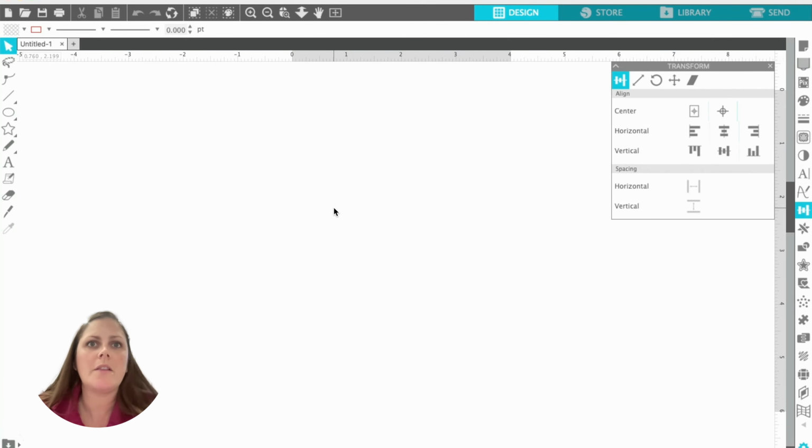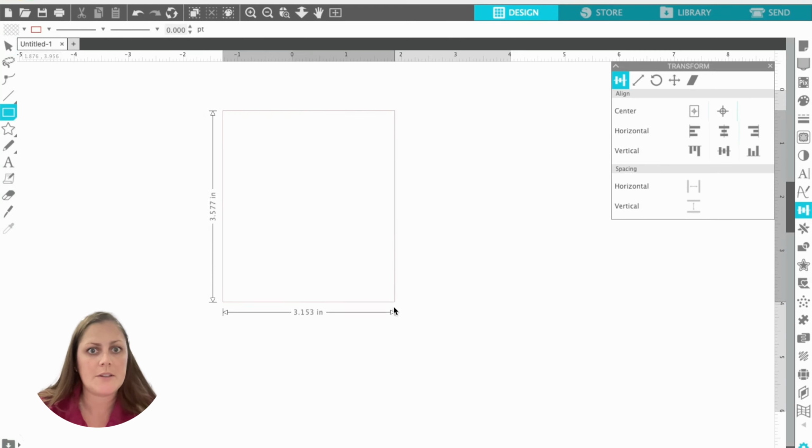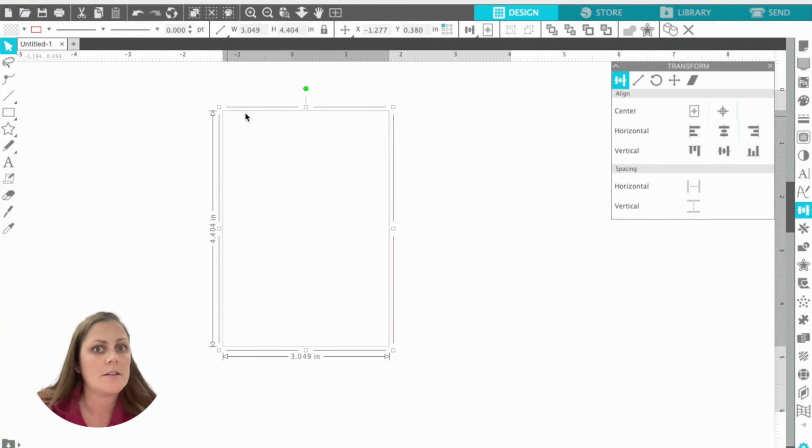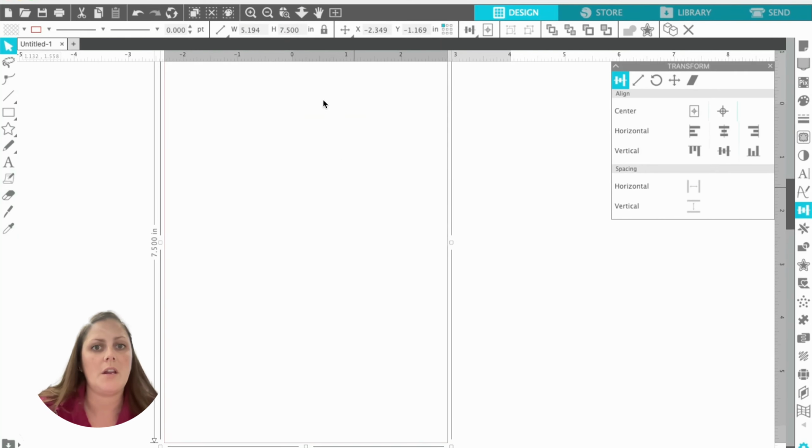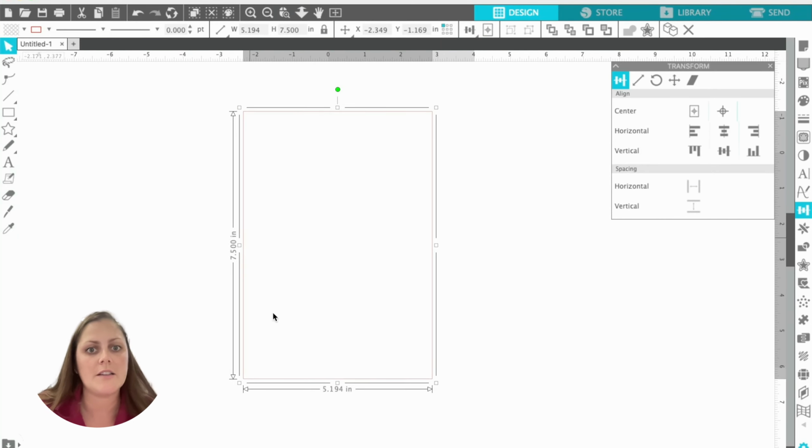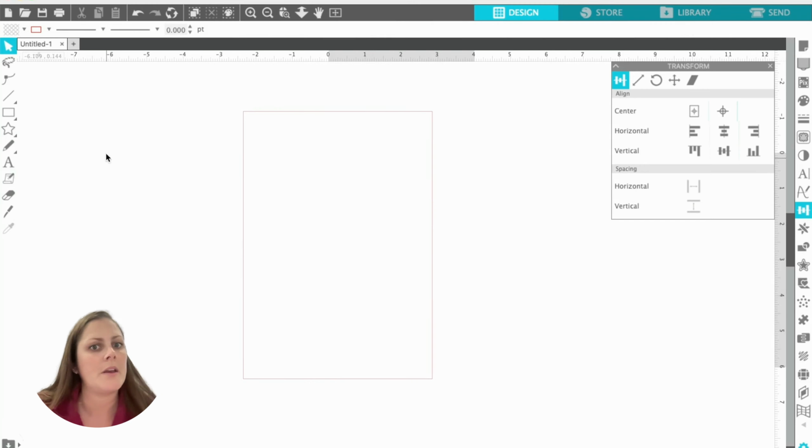Now let's use everything we learned to create a simple laser-ready personalized cake topper. Using the drawing tool to create a rectangle, I'm going to use this as my guide. So I'm going to make this about 5.5 by 7.5, and that's going to tell me the approximate overall size of the cake topper that I want to make. So we're going to start with a rectangle as the stake to our cake topper. So I like to make this about